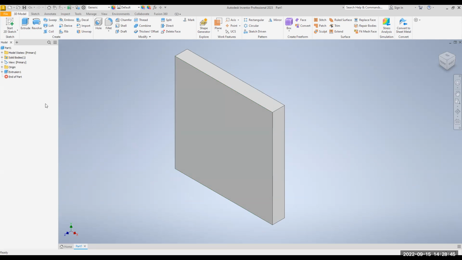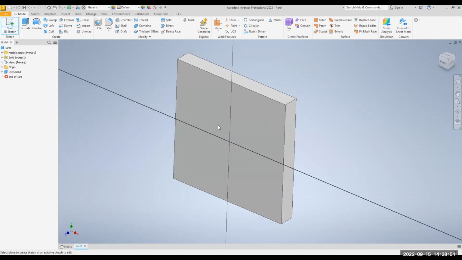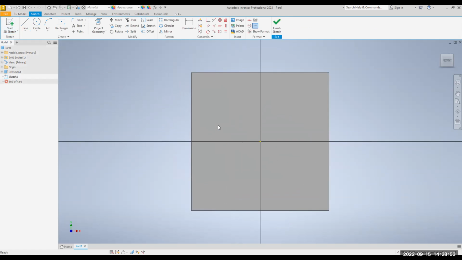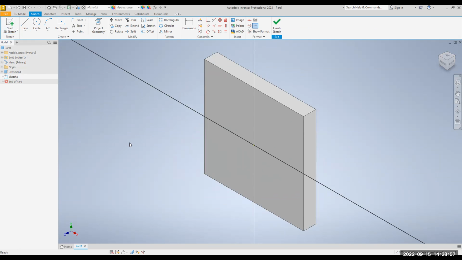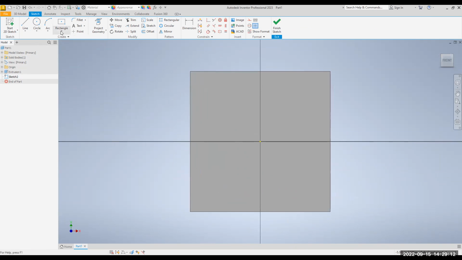All right, so go to Start 2D Sketch, and click on this face right here. Now there are several ways in which you can do this as far as creating holes. I could put a circle at each corner and extrude that. But instead of doing that, I want you to go up here and create a